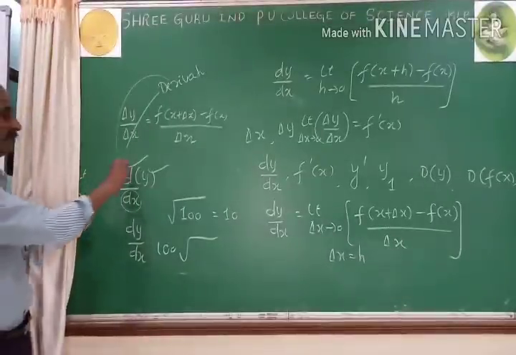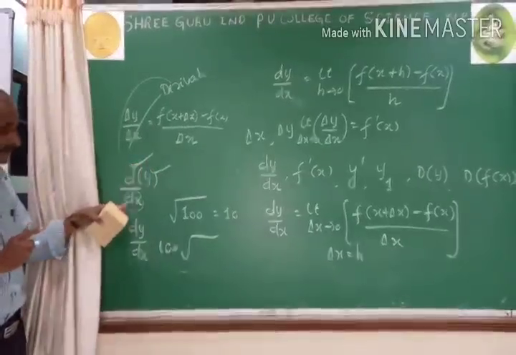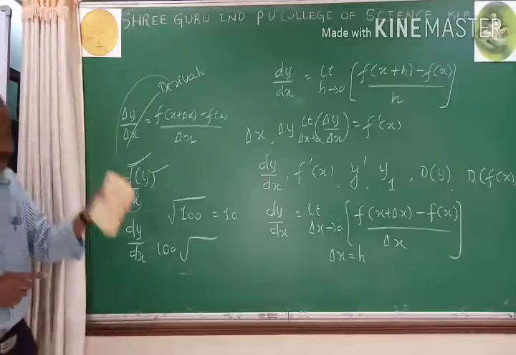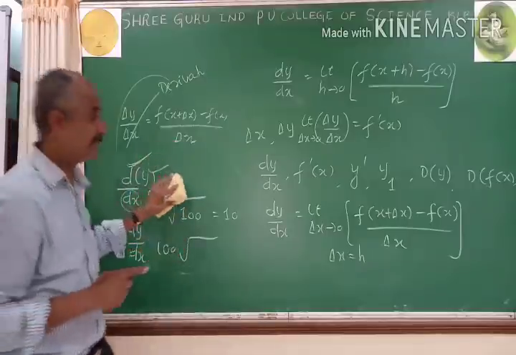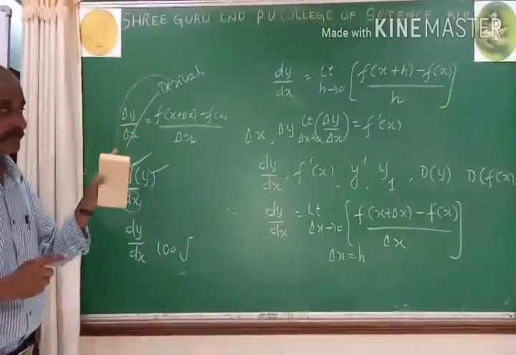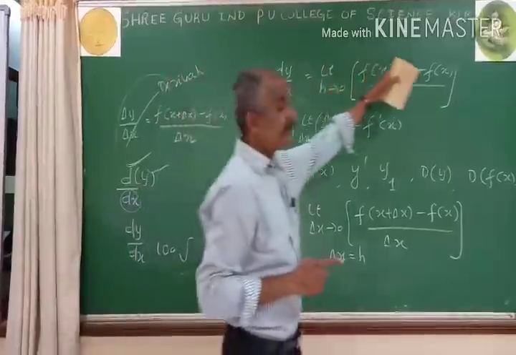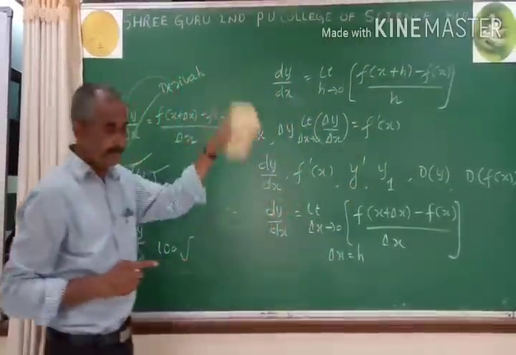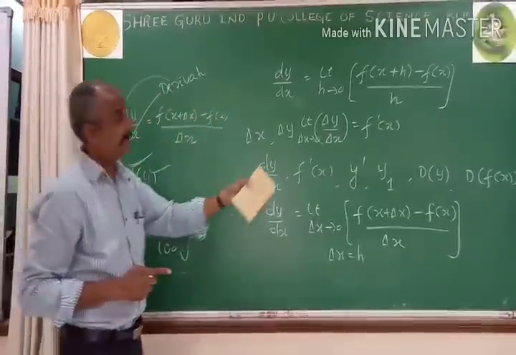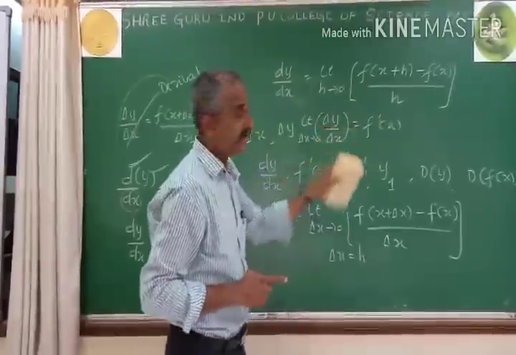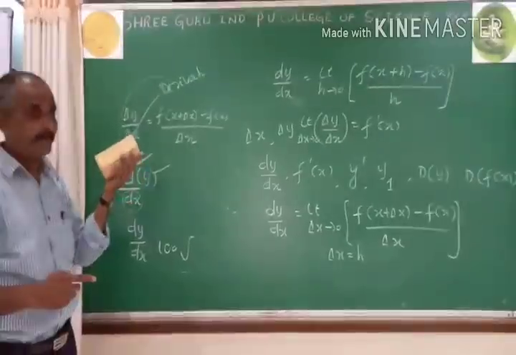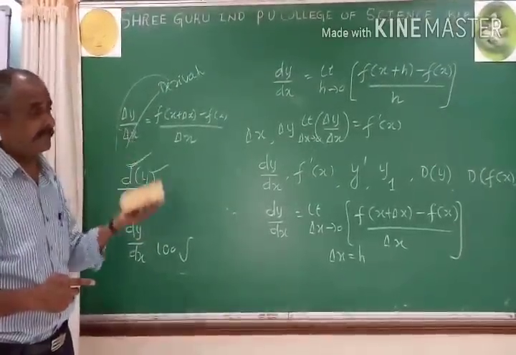In this representation, d stands for derivative, dx stands for with respect to x, and y stands for the function which is undergoing the process of derivative. So derivative and differentiation are different. Differentiation is the process, derivative is the limit of all this quantity. Further, this process means taking the function, changing x to x plus h and applying the limit. It is called differentiating the given function by first principle or by basic method.